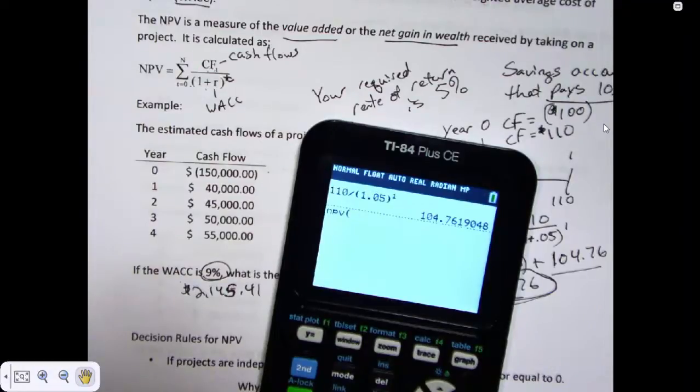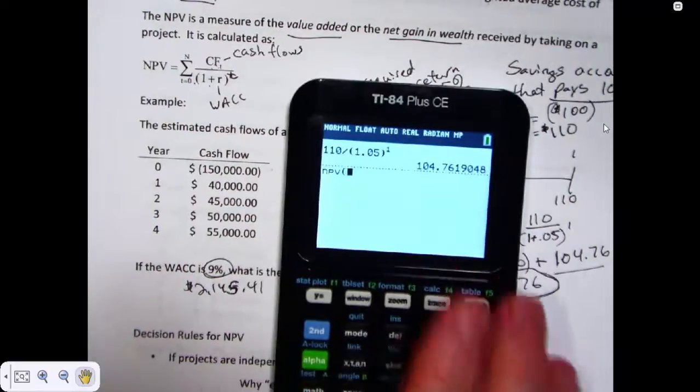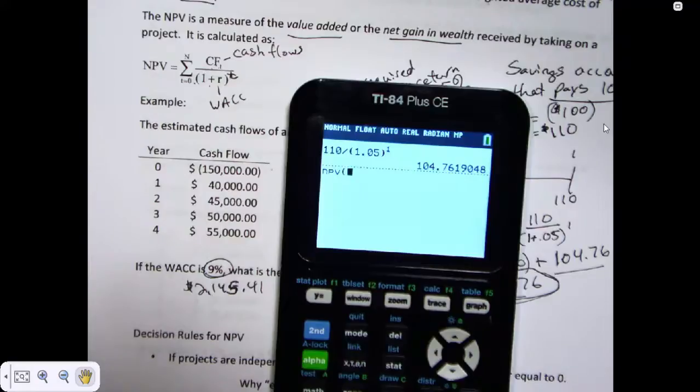Really doesn't do a whole lot for me, it just brings this up. So this is the order you need to put things in the graphing calculator. You start off with the weighted average cost of capital as a whole number. So I'm going to press 9 and then comma. And then you put your time 0 cash flow, negative